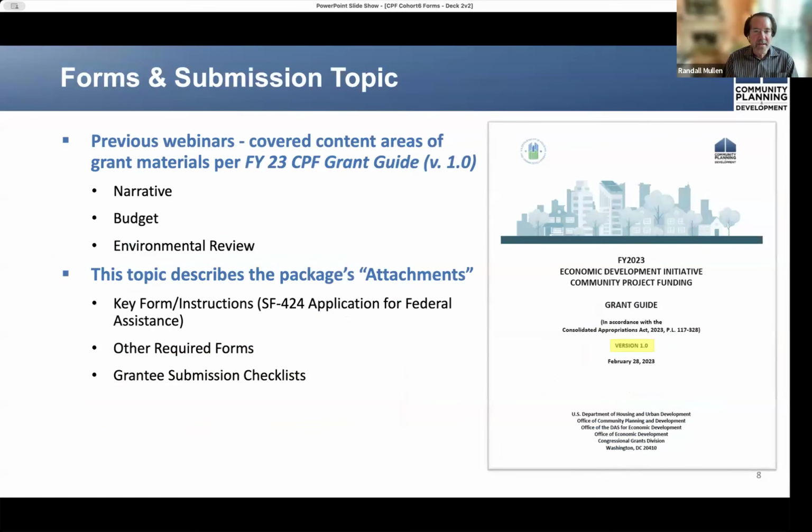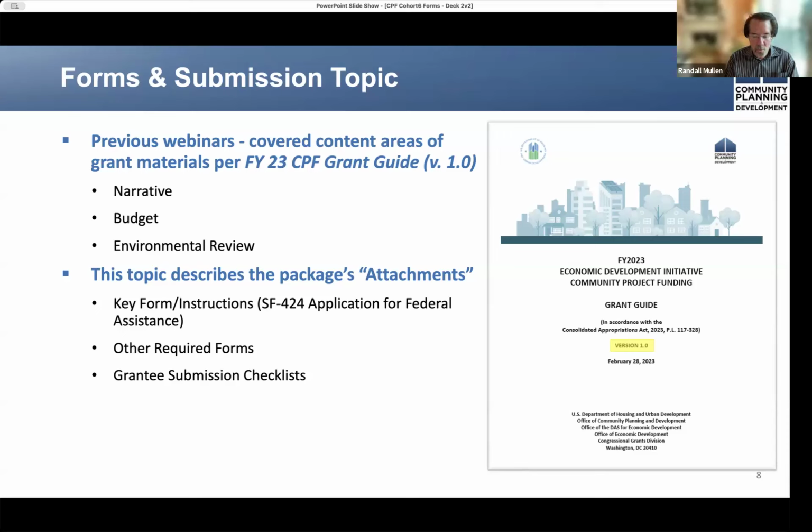So what specifically will the forms and submission topic cover, and how will Jennifer and I address it? Well, once again, we will explain guidance based on the FY23 grant guide, just like we did for grant materials on narrative, budget, environmental review, and so forth. See on this screenshot, version 1 of the guide, which we have referenced earlier.